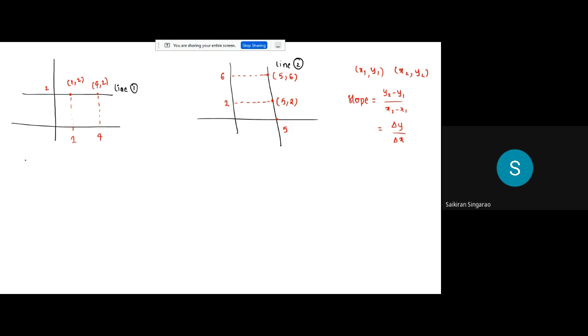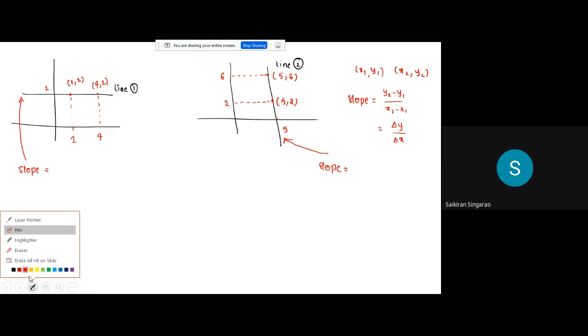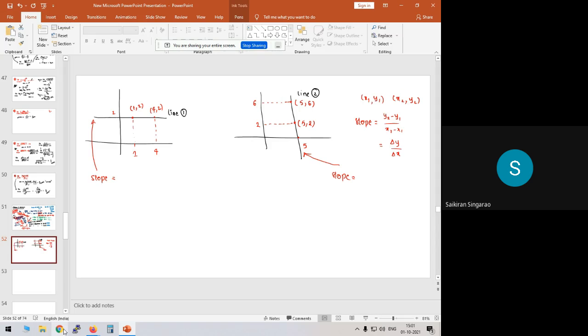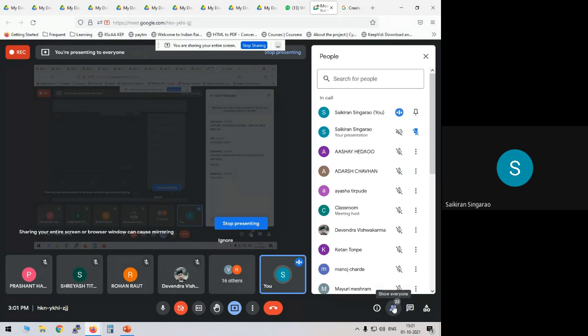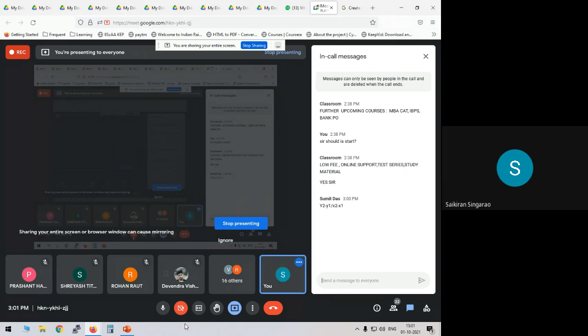So can you tell me the slope of this line now using the same formula? Sumit Das will tell the slope of this line. Because I just told you, if you have 2 points, this is the slope formula, and I have given a line and I have given you 2 points. So can you tell me the slope? Yes, sir. Yeah, Sumit, please tell me the slope. Since no one is answering, you answer. I am just calling your name. Don't feel bad.